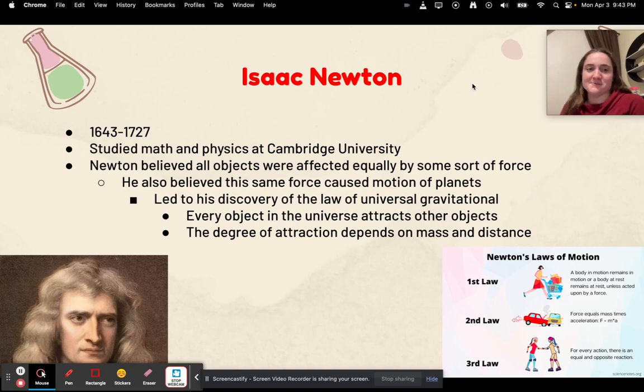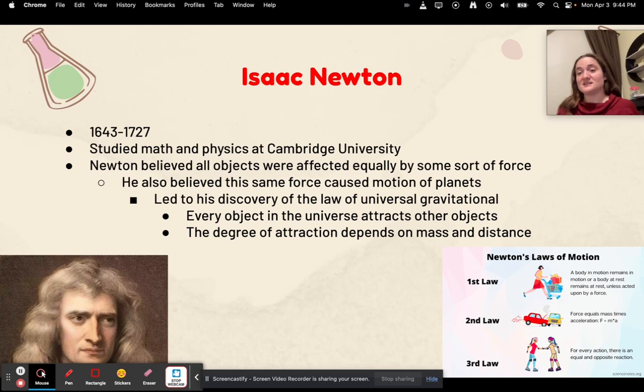All right, Isaac Newton, 1643 to 1727. So he studied math and physics at Cambridge University. Newton believed all objects were affected equally by some sort of force. He also believed that this kind of force also caused the motions of the planets. And this force led him to discover the law of universal gravitation, or what today we just call gravity. And every object in the universe, he said, attracts other objects, and the degree of attraction depends on the